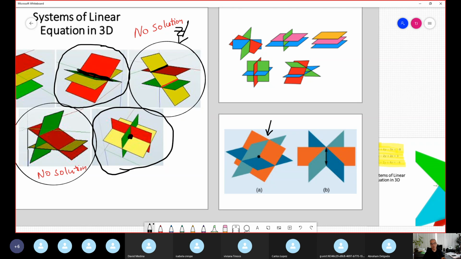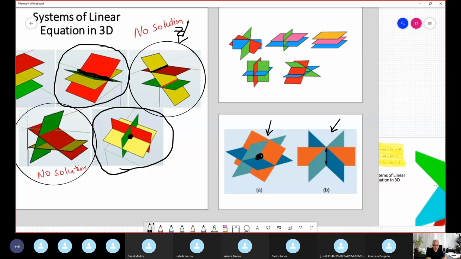Here, that one. We have a solution or no? Yes or no? Opinion. Because there's a point. Yes, you see clearly the common point, the solution. And this one, solution or no? Infinite, because of the line. Exactly, infinitely many solutions. By the way, let me introduce this idea. Not new, but a little bit